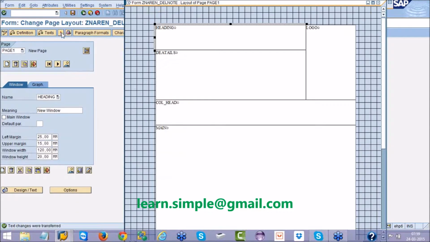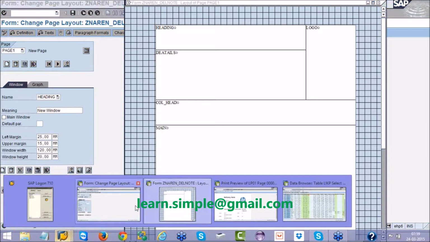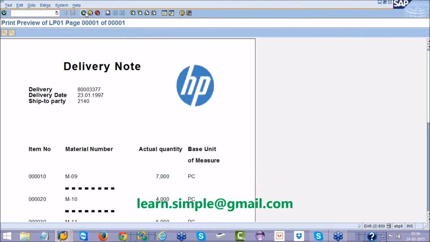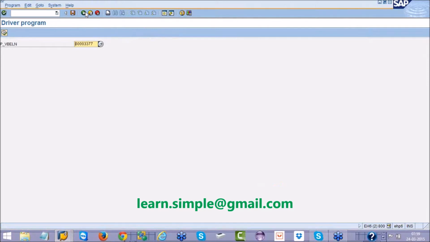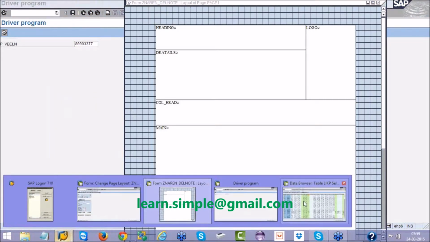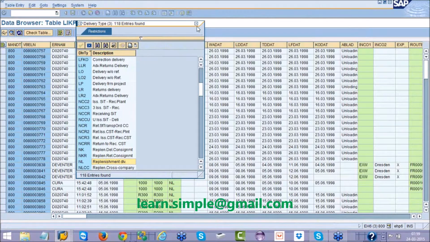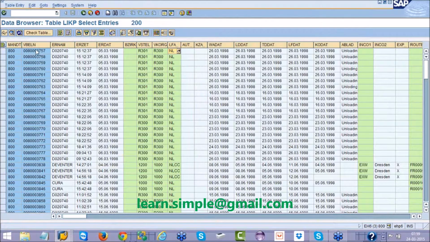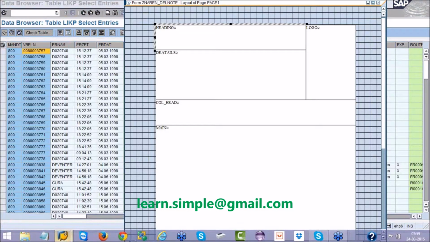Come back and activate. Now go to the driver program. In the driver program, now I will provide a number, for example one for which LFART is NL, right?